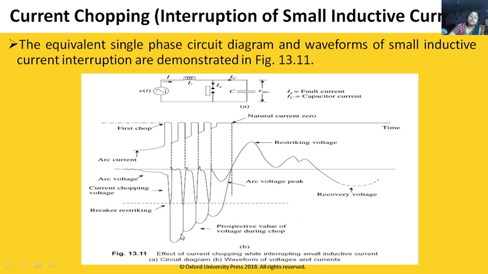Now again, this current is lower, which means again it will get chopped, it will get interrupted. Again the voltage is greater than the withstanding capacity, so it will restrike. It goes on decreasing till current zero. Here, this is the withstanding capacity of the gap, and this arc voltage is less than this, so the arc will not restrike, and here you will get the recovery voltage.